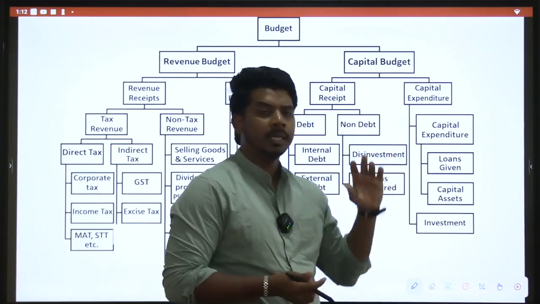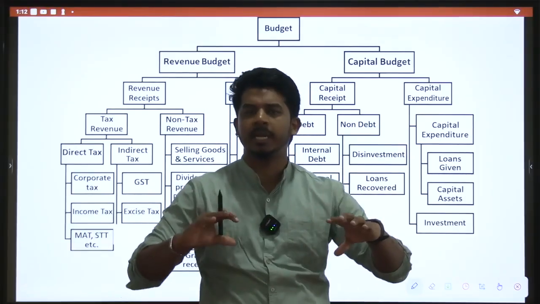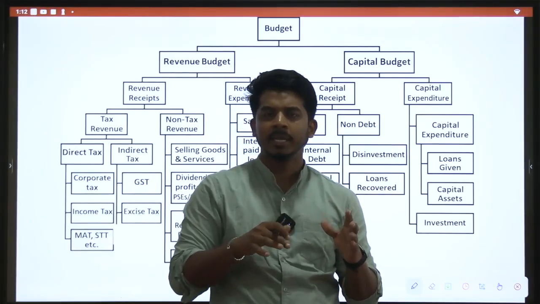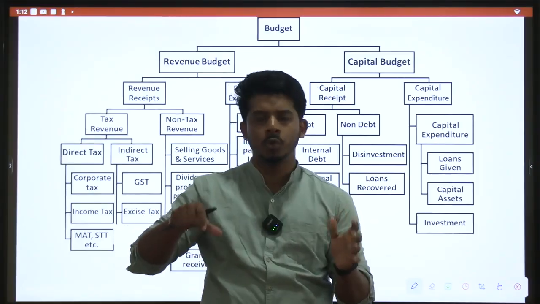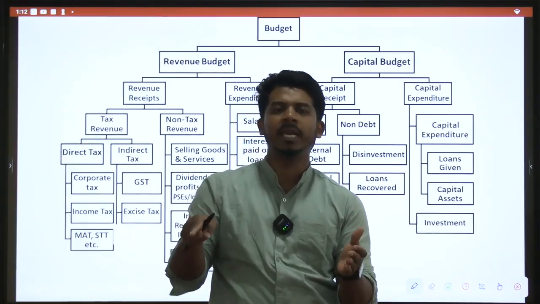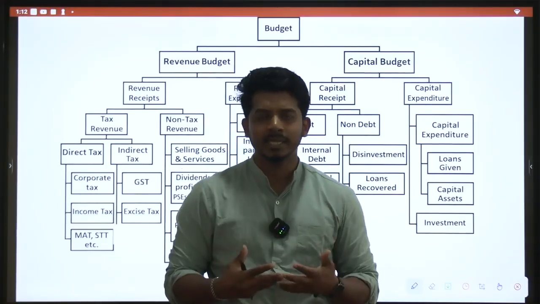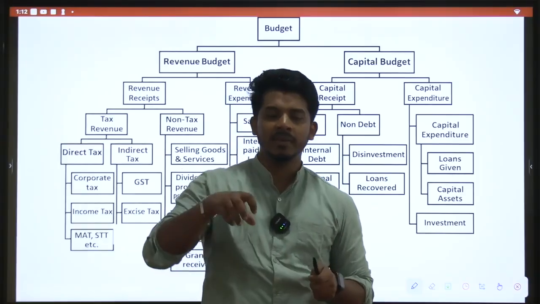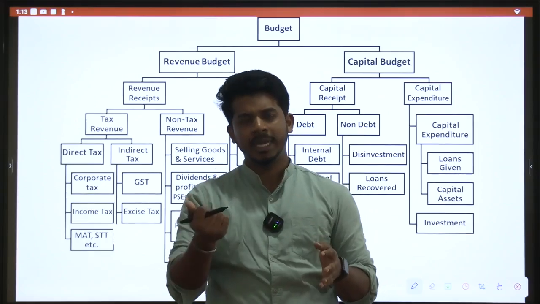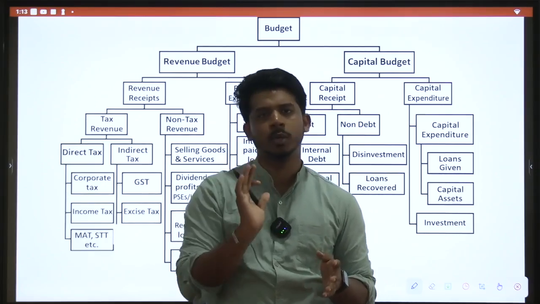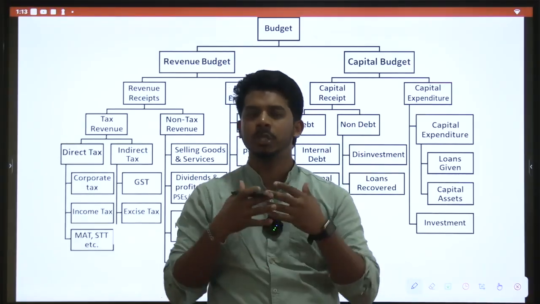Again, capital expenditure. If I construct a road, like I told you in the previous class, let's say there are two towns which are completely disconnected, and there is no economic activity happening between them. If the government lays down a road between those two, now they have connectivity, they can do economic activity in both towns, so there will be an increase in transactions and economic activity. Government can even collect a toll on that road. So everyone using that road needs to pay some toll. So government can earn from whatever it is investing, at the same time boosting the economy.